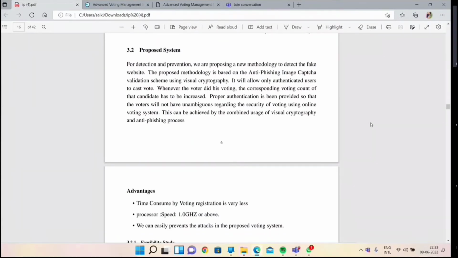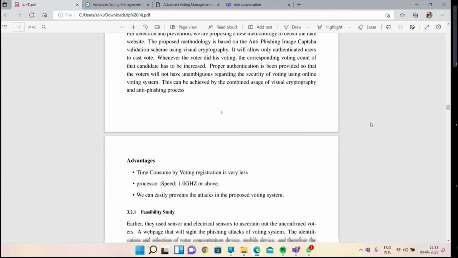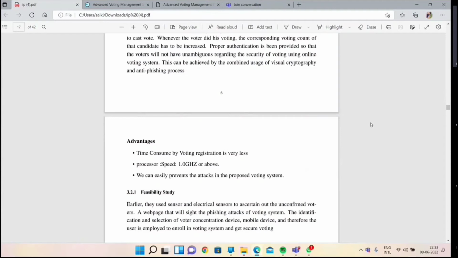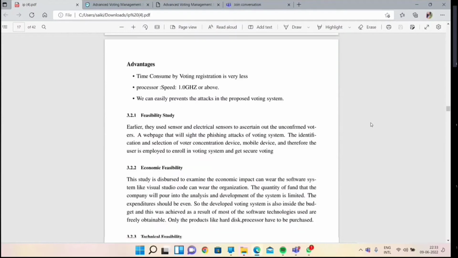Proposed system for detection and prevention: we are proposing a new methodology to detect fake websites. The proposed methodology is based on an anti-phishing image capture validation scheme using visual cryptography. A proper authentication is being provided so that candidate trust can be increased. This can be achieved by the combined